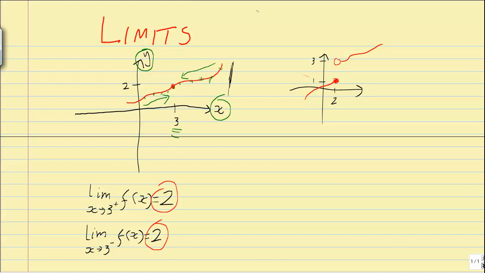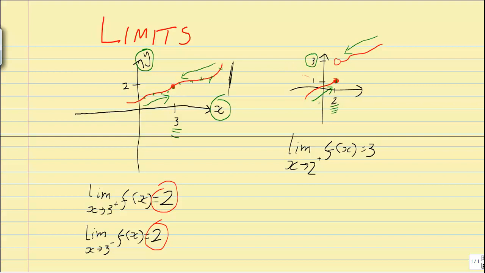So now if we're trying to calculate the limit, we'll go from the positive direction. As we come down our function from here, approaching x equals 2, we're going to see that the limit gets close here. It gets to the number 3. So I'm going to write down the limit as x approaches 2 from the positive direction of this function equals 3. But if we try to do this from the negative direction and we try to come up here,